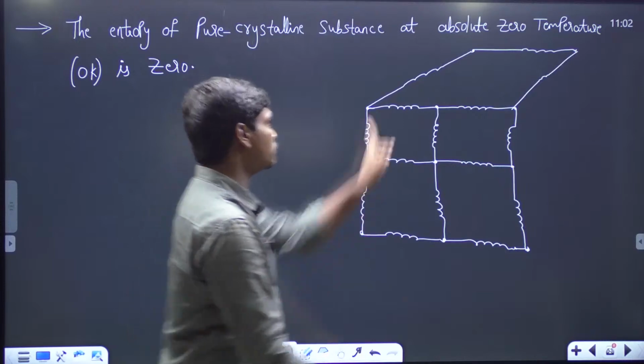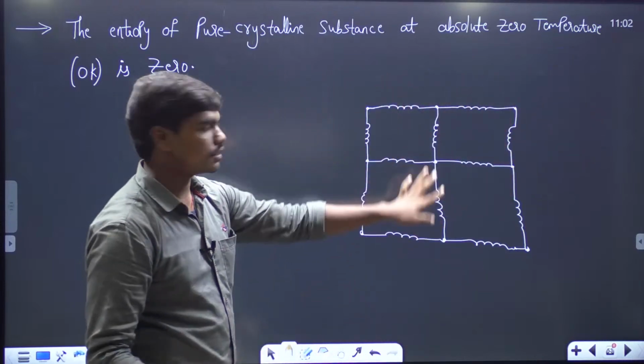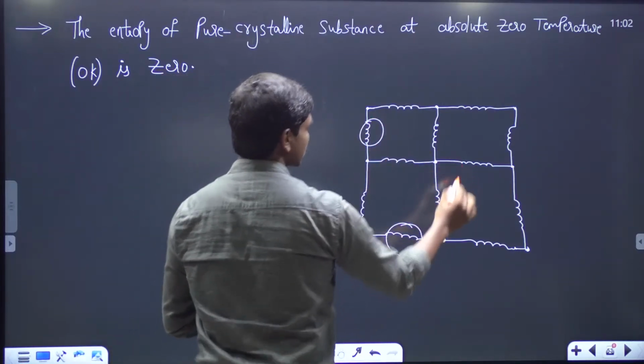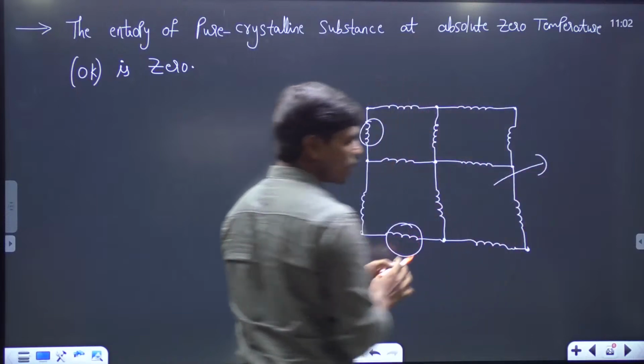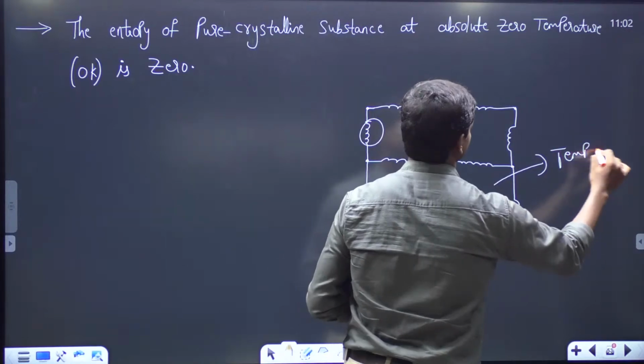Yes or no? Let me remove this part. It's not looking nice as far as the diagram is concerned. So the front view of the solid looks something like this, correct? Why have I connected with springs? Because when the temperature of this body, see, this is a complete body and I'm looking at the atomic level, so the temperature of this body, if you see,